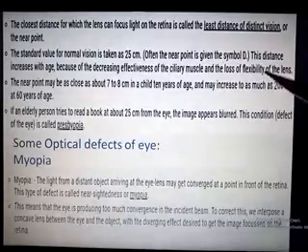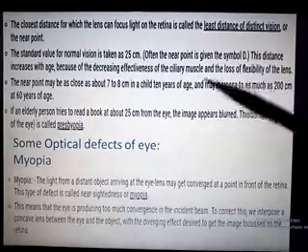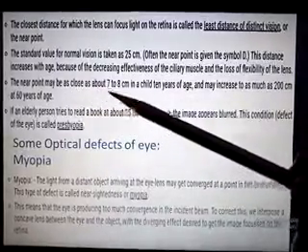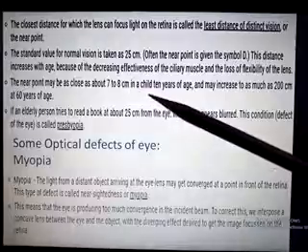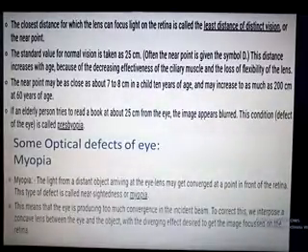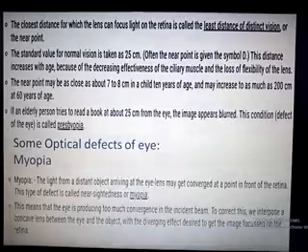Okay, and the next important point is that the near point may be as close as about 7 to 8 centimeters in children 10 years of age. For example, children of 10 years of age will have the focal length